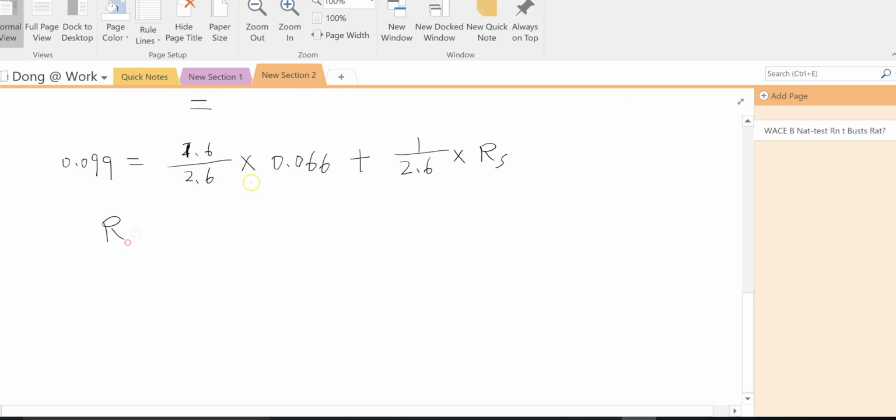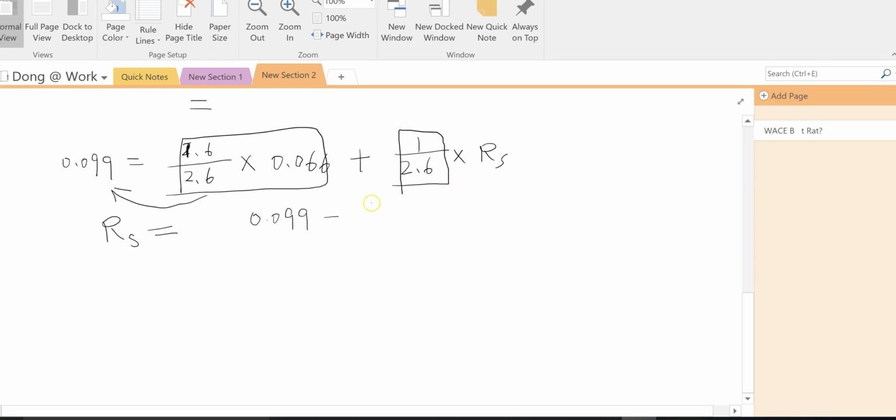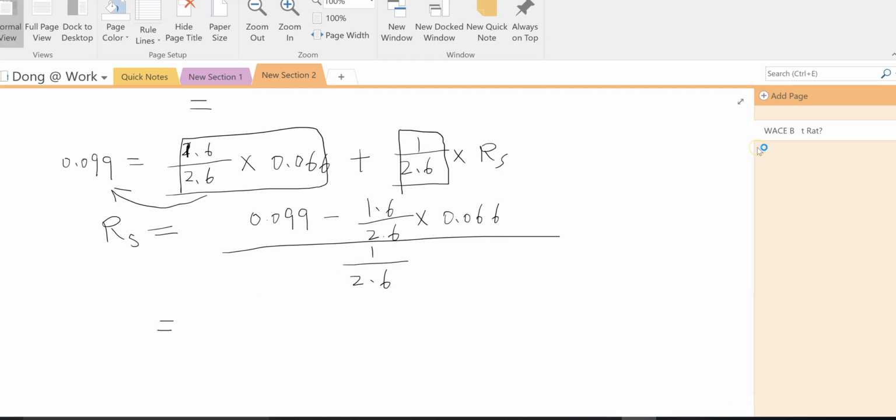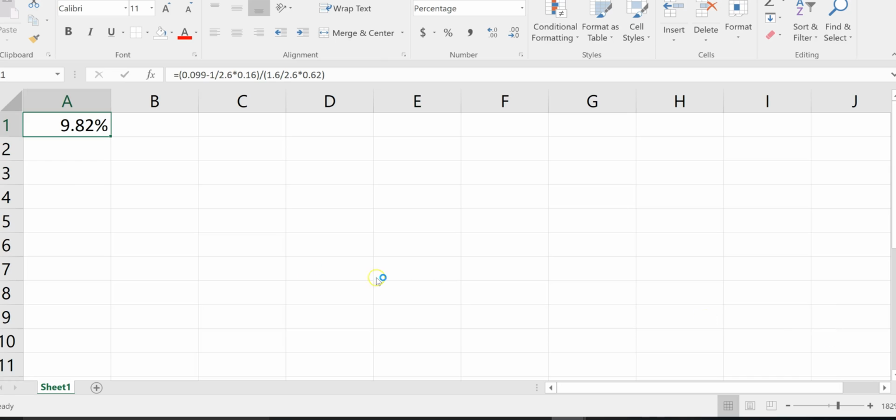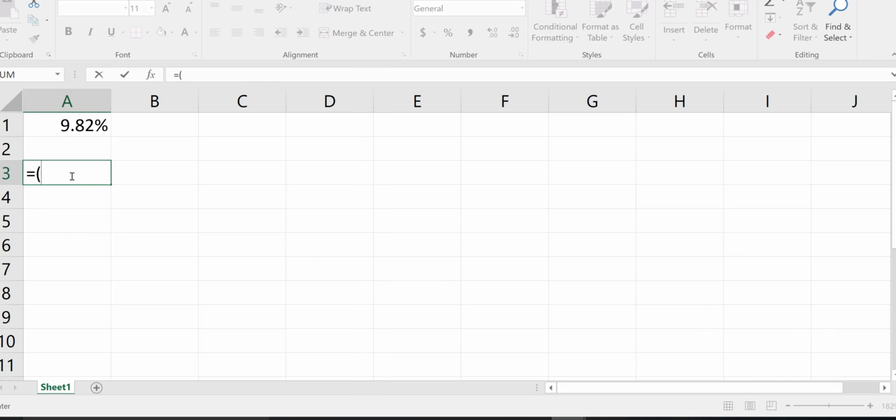And then I can solve out this RS. Similar procedure, if I move this chunk to the left-hand side and then divide both sides by this 1 over 2.6, then I can solve out RS. So that's what I'm doing here, 0.099 minus 1.6 divided by 2.6 times 0.066. And then divide both sides by 1 over 2.6. So now plug these numbers into my Excel sheet. Okay, so this equals